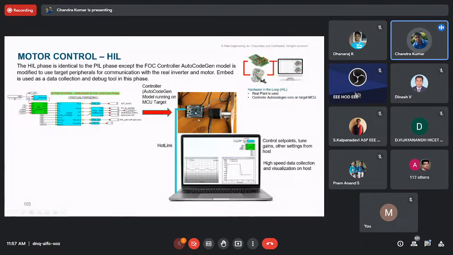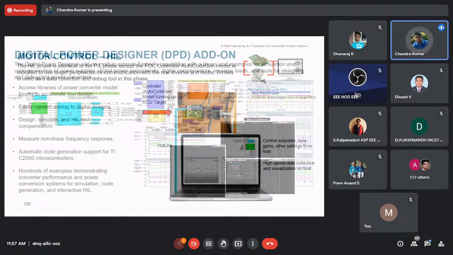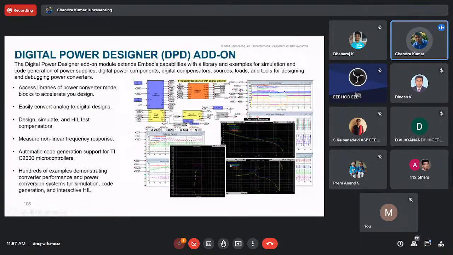Hardware-in-the-loop simulation is where you will have the real plant model and real controller. You can just look at the motor, controller, inverter, everything is there. Where you develop the complex control algorithm, you do auto code generation, and then rapidly test your control algorithm on the firmware. That is your HIL, hardware-in-the-loop simulation. So here another add-on is digital power. Anything you want to do on power supply designs, like converters, inverters, that is also pretty much doable, and you can use our add-on model called digital power designer model.